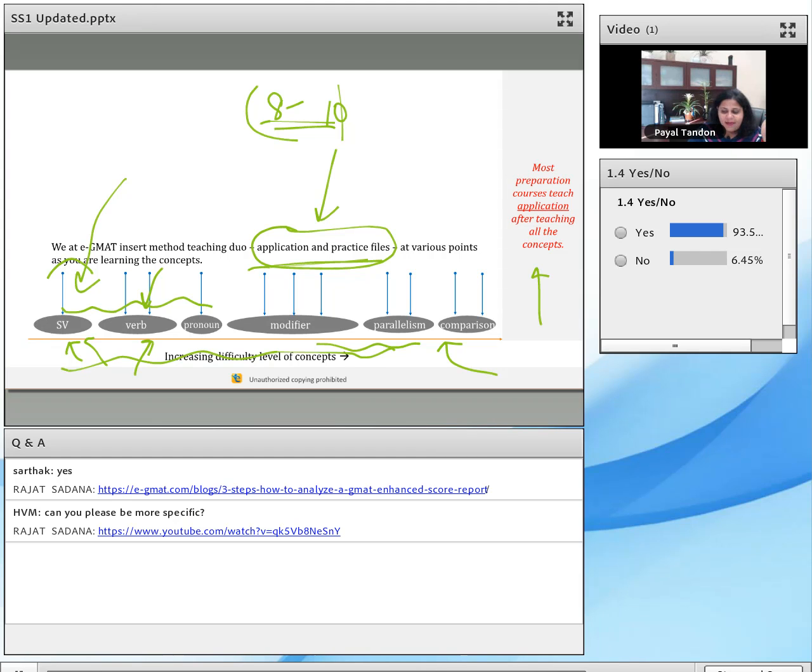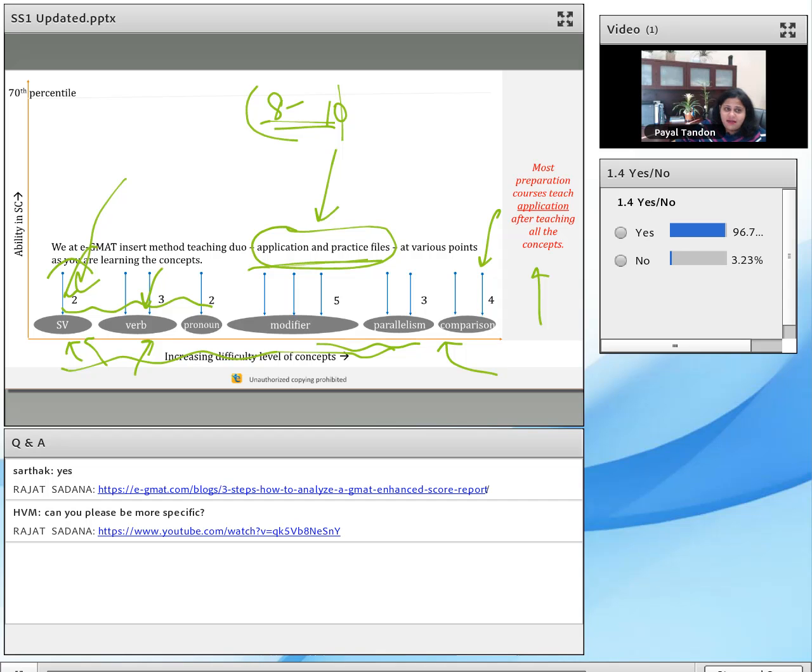and that is what you get with the application and practice files in the e-GMAT course, because when you are doing subject verb, you just need to be able to solve subject verb questions, not any other type of questions. Okay. Now, the 23 feedback points that Rajat talked about, those are the feedback points that you get from these application and practice files. Those feedback points tell you that, okay, yes, you are able to solve subject verb questions correctly, but you are not able to solve verbs questions correctly, right? Verbs complete SC questions. When you get that feedback, you then implement the corrective actions accordingly,